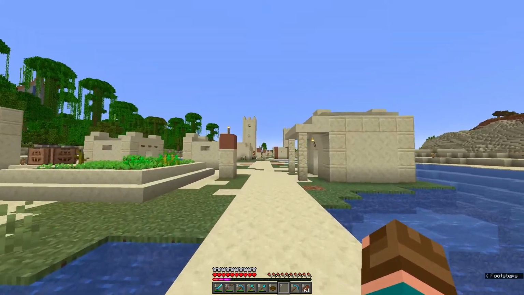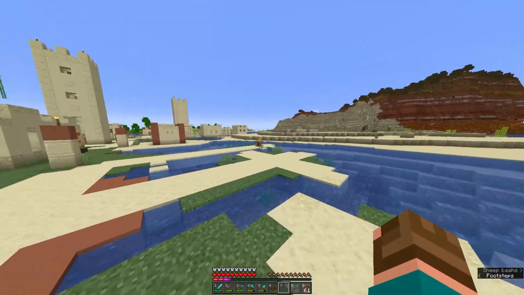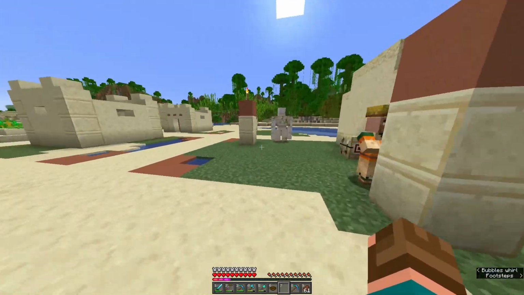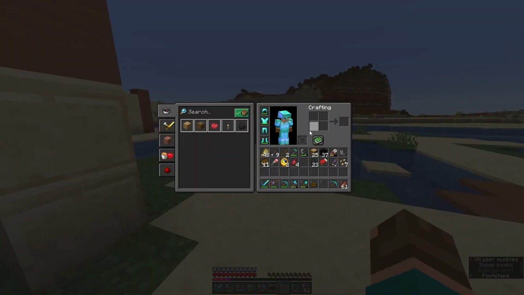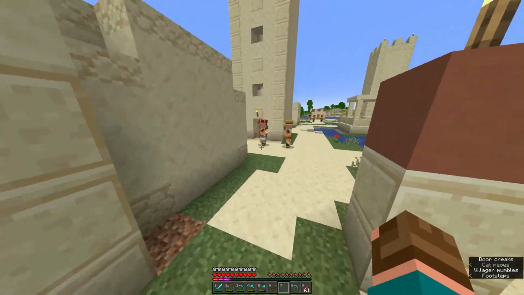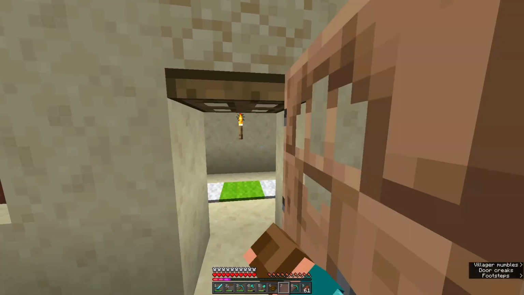So a lot has definitely happened in between last episode and this episode. We managed to come across this village a few episodes ago. We managed to have a few villagers to trade up a few emeralds. I have a Fletcher villager, a mason, we have a few librarians around, and I managed to trade up, broke